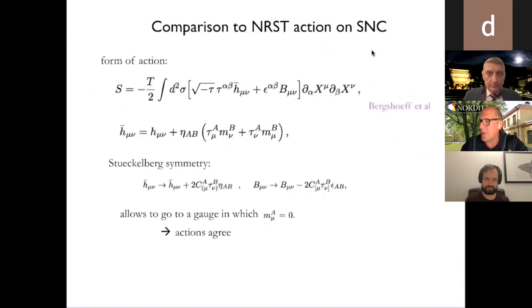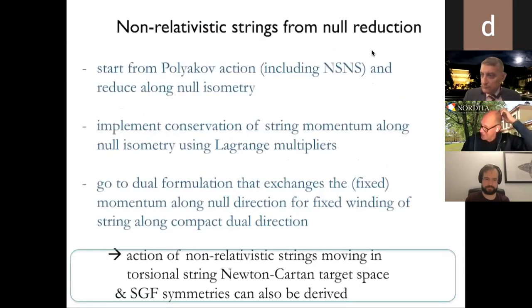This is more like if somebody asks, one can compare this to the SNC algebra and to the action, but in view of time, since I only have 8 minutes, I will skip it. But if you want to ask at the end about the comparison to the so-called stringy Newton-Cartan action and algebra, I can show you a transparency. What's satisfying is that the same geometry can be obtained also by null reduction. And again, in analogy with the point particle, you would expect that this is the case. I will not show you how this goes, just take my word for it.